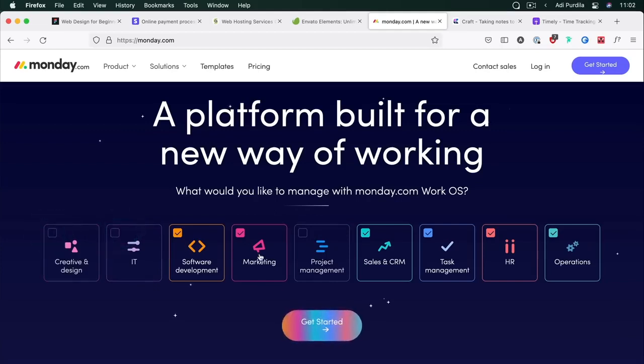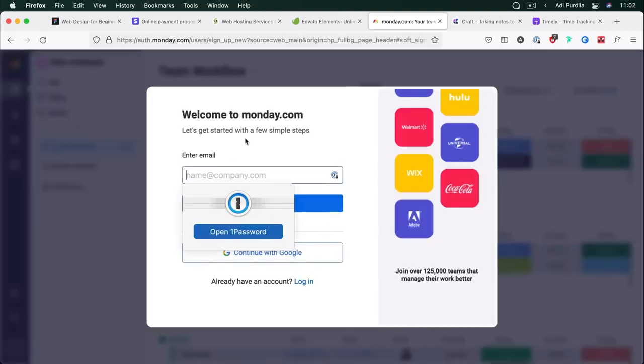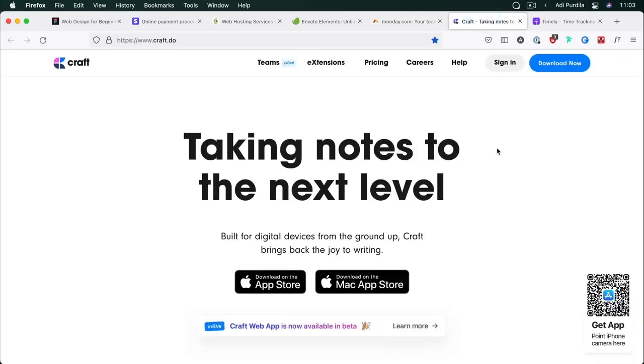Pretty cool. So you're basically selecting a bunch of these, and then you get started, and that's going to take you to a sign-up page, and moving forward to an experience that's tailored to you based on what you selected earlier. Very interesting. Craft has a very simplistic, minimalistic hero area, strong message, call to action, and then a small